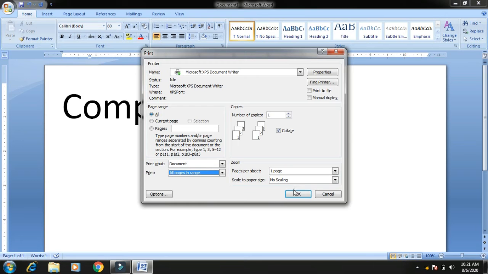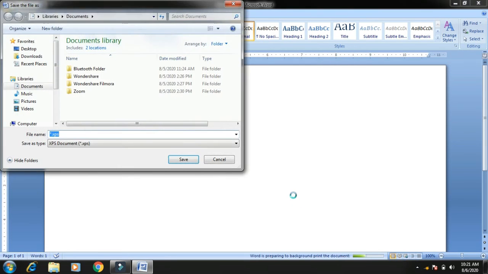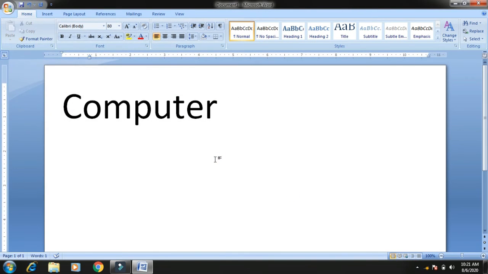Okay, then we can click on the OK part. If your printer is connected, it will just come out as a printout, as a hard copy on a piece of paper, and you'll find it exactly the same as you have seen in the print preview. Same like that, only on the piece of paper the text will appear at one corner.